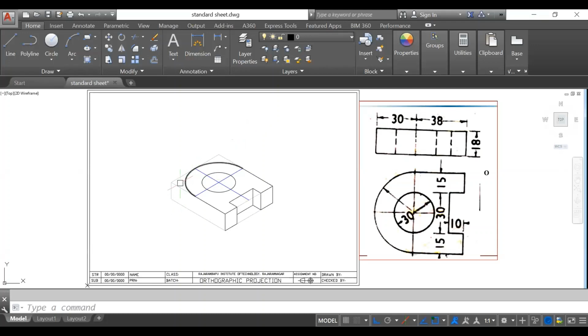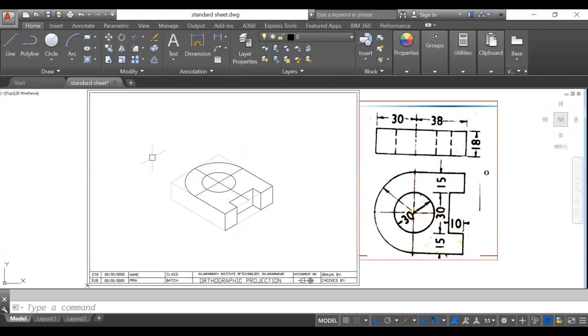For this side, the thickness is also 18 mm. For this circle also, thickness is 18 mm in a downward direction. This circle also, thickness is 18 mm in a downward direction. Because whatever the half circle is there, the same half circle is at the bottom surface. Whatever the circle at the top, same circle is at the bottom surface. So we have to copy this and move it in a downward direction.